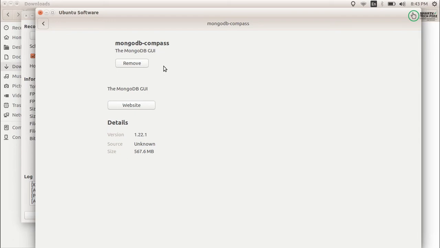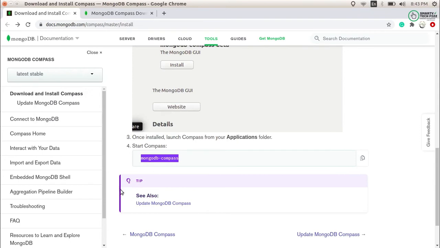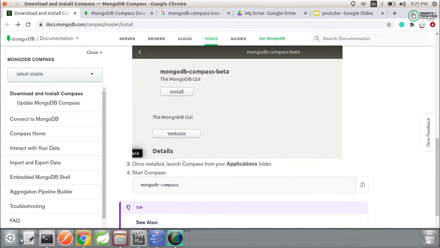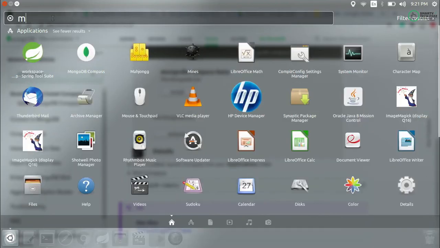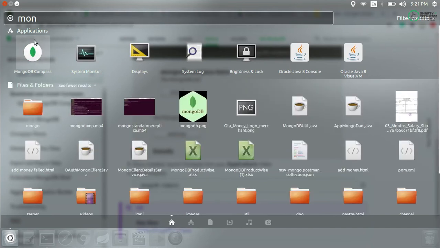Now what you need to do is launch Compass from the application folder and then start using MongoDB Compass. Okay, so let's see how we can do that. Search using this and just type MongoDB Compass. You can see that MongoDB Compass is present in the applications.